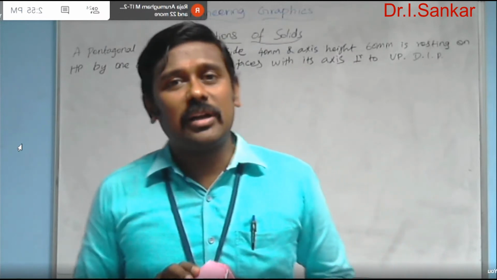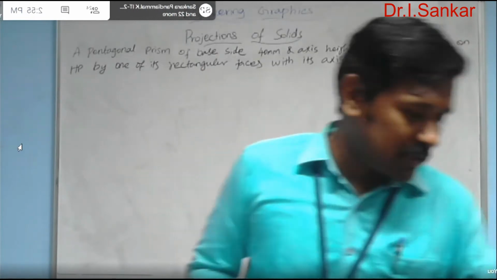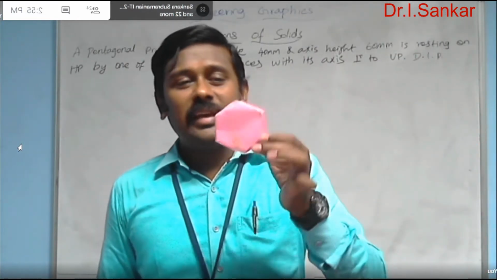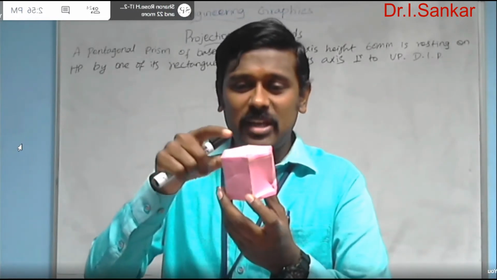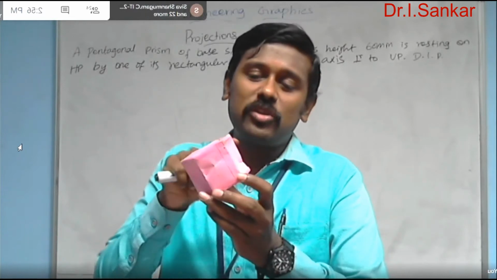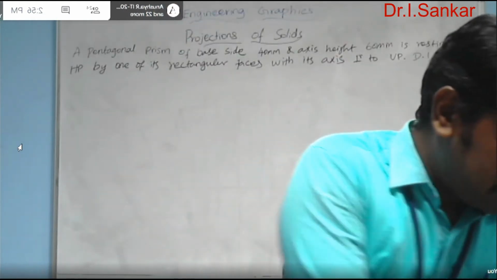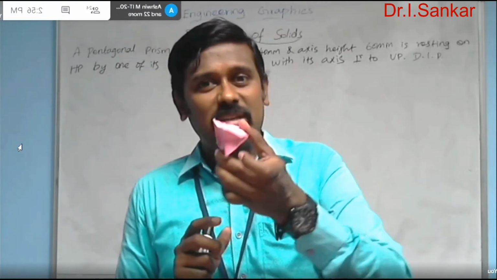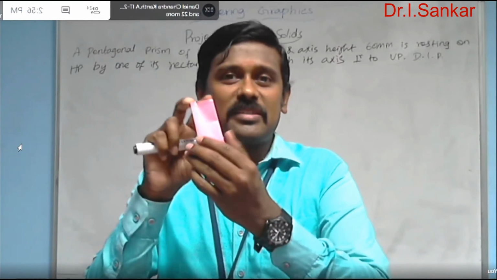Not only for the pentagonal prism. You take any prism. The shape of the side face is rectangle. For example, see here. What is that actually? A hexagonal prism. The shape of the base is hexagon. The shape of the face is also hexagon. But what about the shape of the side faces? Rectangle. And here, you can see it is a triangular prism. The shape of the base is triangle. Face is also triangle. The side faces are rectangle.